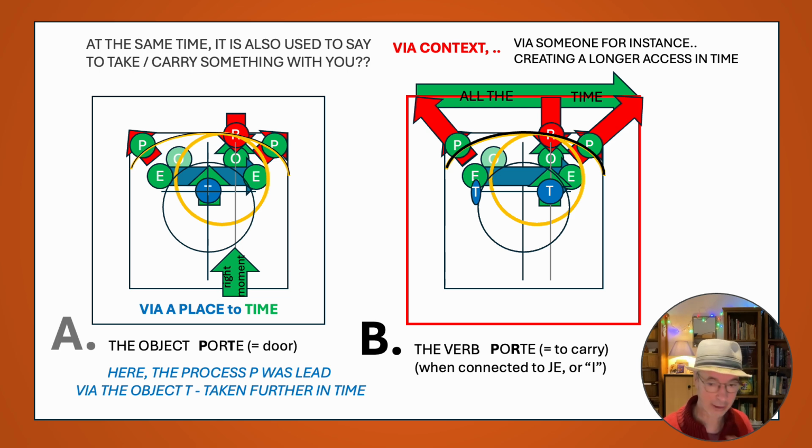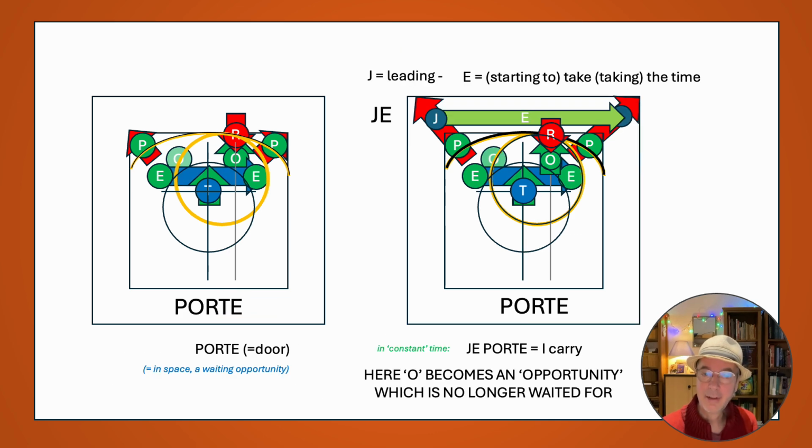What is a context that is switched in porte? When I use it as a verb, I already told you it's connected with time much more easily. It's the same thing, but instead of that, it has to wait for the right timing, which the objects in place always have to do. It will be taken away in that timing. When I use, for instance, the word je, or I, je is related with time, and it is like a leading person that takes the time to develop. When I take the time